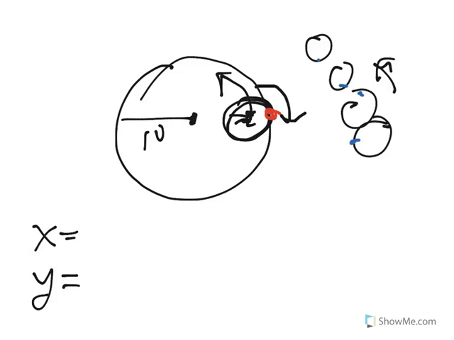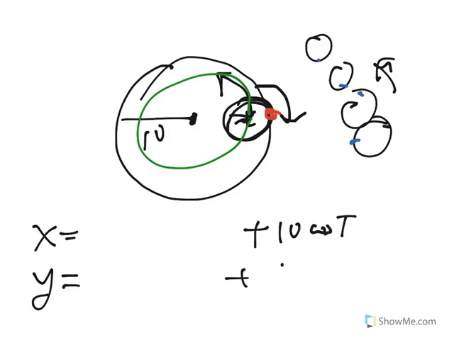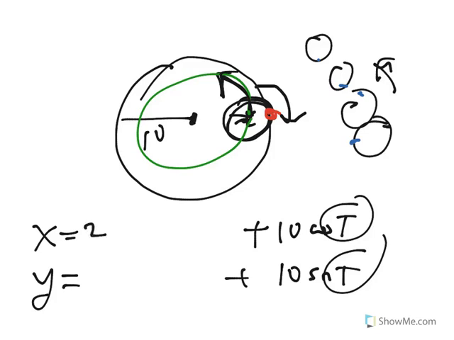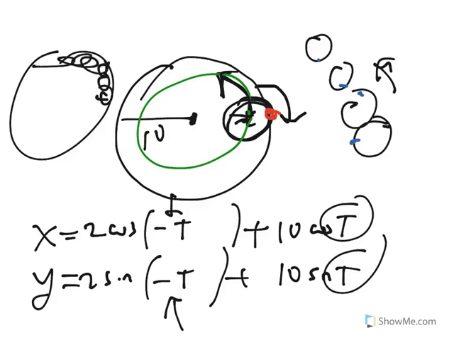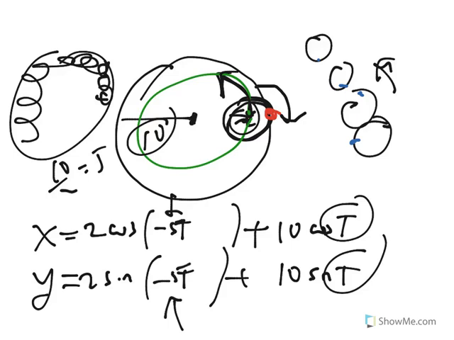So the center of the circle is actually going around a smaller circle of radius 8, which is 10 minus 2. That's why I have 8 cosine t, 8 sine t. That takes care of the circle itself going counterclockwise. This is plus t because it's going counterclockwise. Now on the circle it's 2 cosine, 2 sine, and it's going to be negative. Maybe there's a coefficient here. We'll take a look. The smaller the circle inside, the more times it goes around, and it's dictated by the ratio of the two radii, so 10 over 2 equals 5. But we're not done,